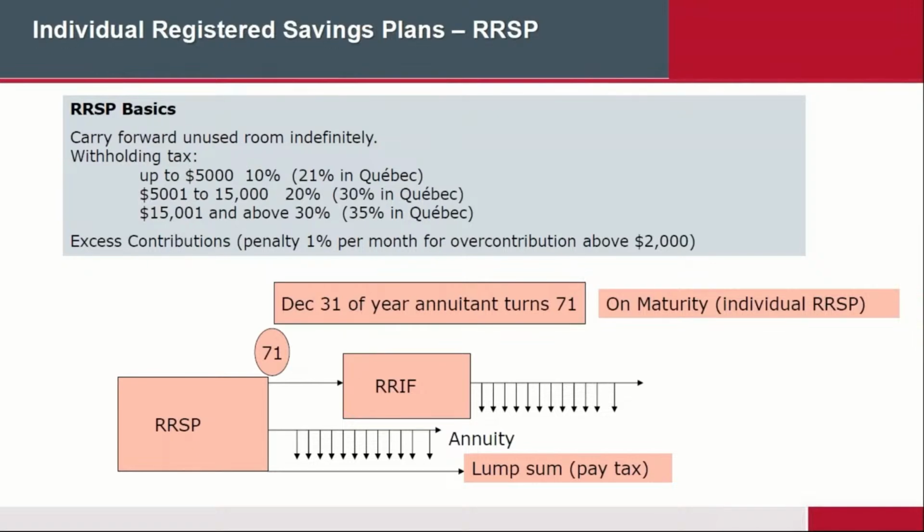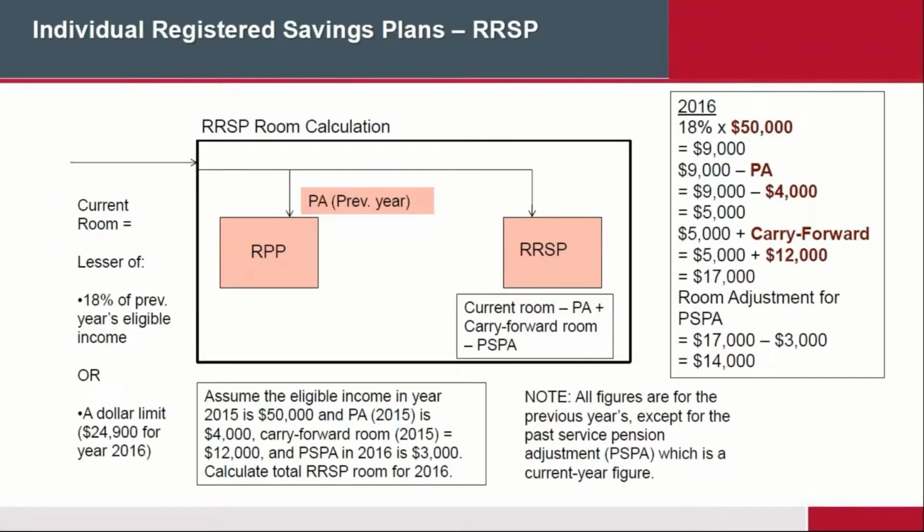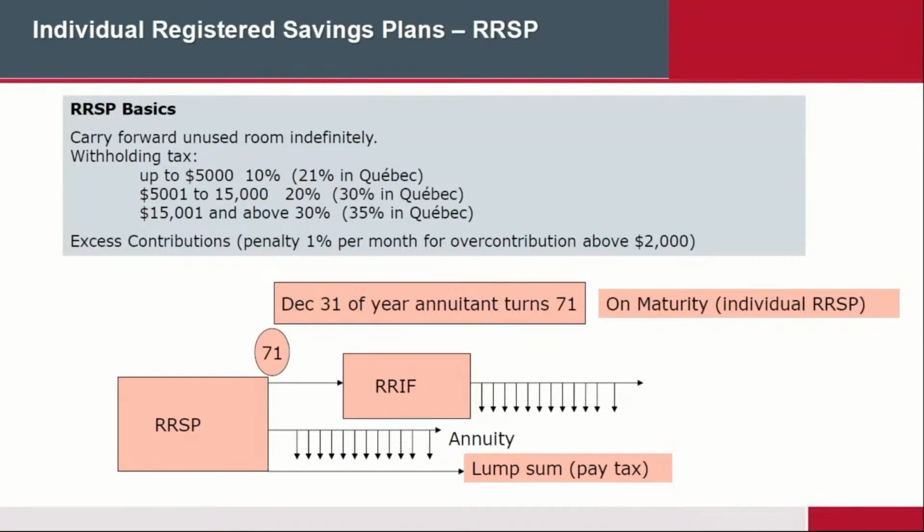If you have over-contributed, then you will get a penalty of 1% per month for anything above $2,000. In other words, you do have $2,000 of contribution for life, your lifetime over-contribution. So if you put any more, so in that example that we have before, if I just want to go back for a moment, that $14,000, you could actually put in $16,000 and be okay. But let's say you put in $17,000. That extra $1,000 is above the maximum contribution level. You will get penalized. So you got to be very careful that you don't go over the line. The penalties are quite stiff, basically.